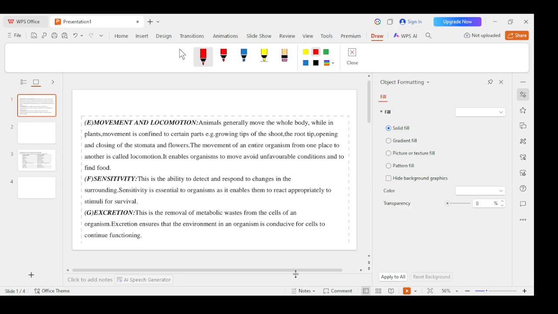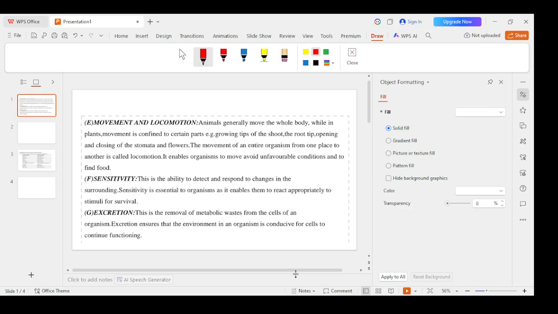So animals, as human beings, we respond in a way that shows that we are living organisms, we are animals. A plant can't shout, "Hey, you're burning me!" No, but a human being is able to shout.